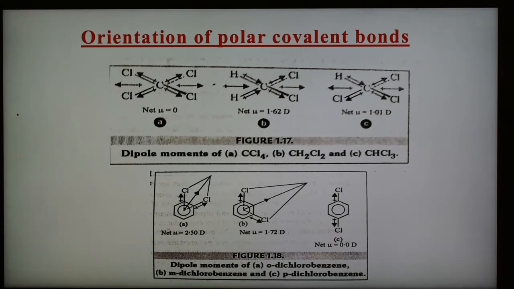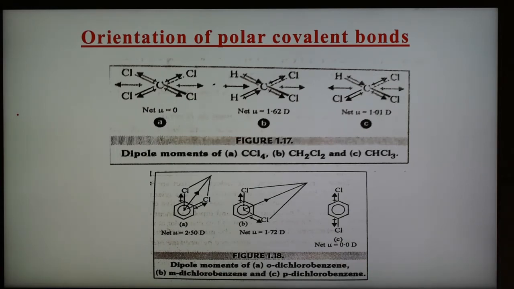So the net dipole moment is 0 Debye in the case of para, but in the case of ortho and meta dichlorobenzene, the angle between the two dipoles is 60 degrees and 120 degrees. According to the parallelogram law of vectors, the magnitude of the resultant vector increases as the angle decreases, and therefore the dipole moment of orthodichlorobenzene